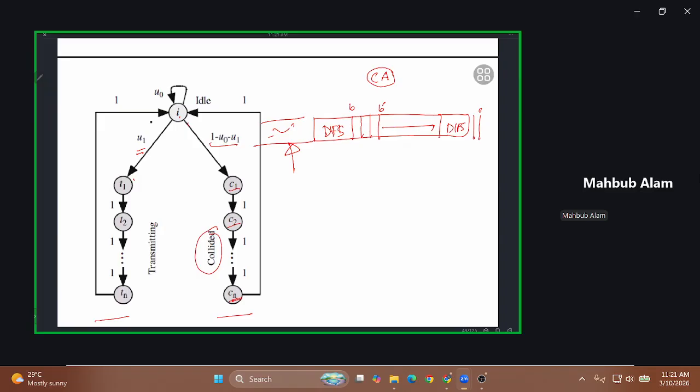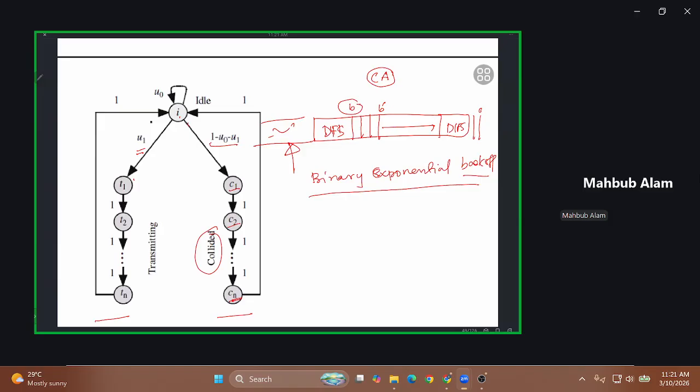Not only that one, setting the backup counter value is following a binary exponential backup. Can anyone tell what this is? This further avoids the collision, especially repeated collision. In binary exponential backup,